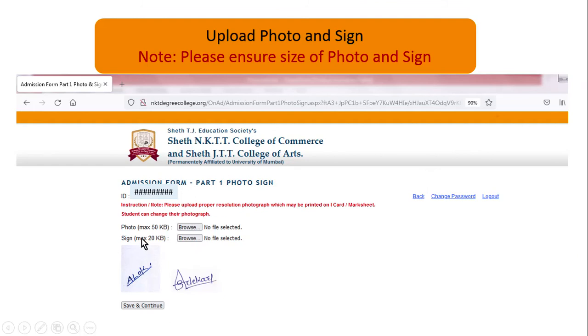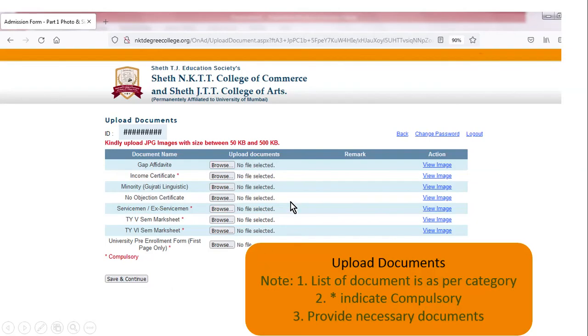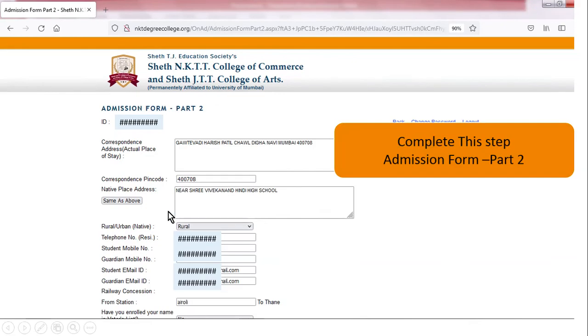Here we have to upload our photo and signature. The first image is just a demo image. So here we have to upload our candidate photo and then the signature. Now save and next. Here the list of documents is shown. The star indicates the compulsory documents. As this is a demo entry, the category mentioned here is servicemen, etc. So they are asking for uploading the documents as per the class. Now next,